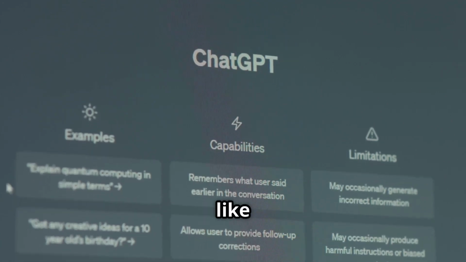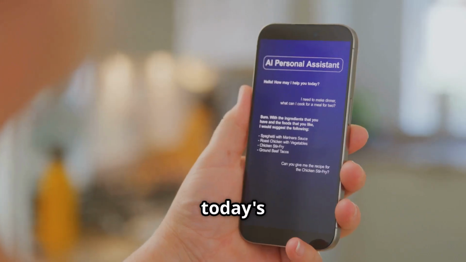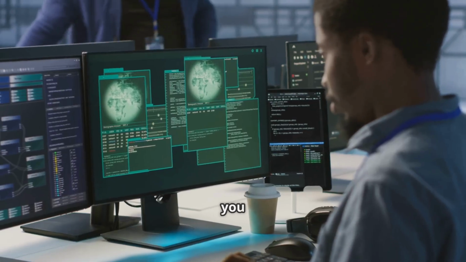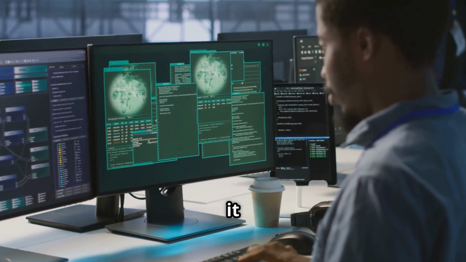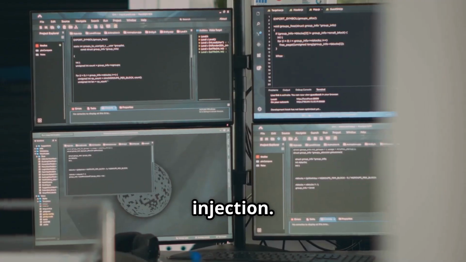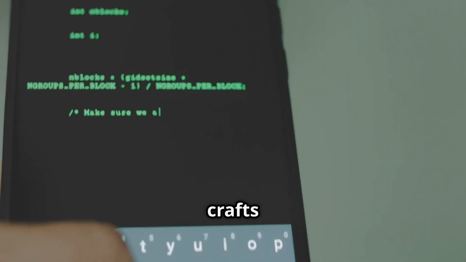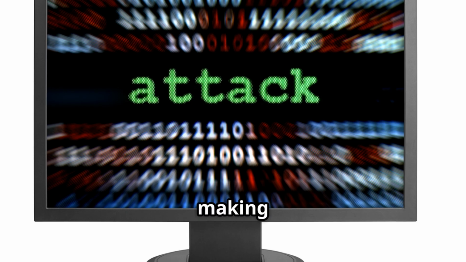Large language models like ChatGPT and Gemini power today's smart assistants. You give them a prompt and they respond. But what if you could trick the AI into doing something it shouldn't? That's prompt injection. It's a security attack where someone crafts a prompt to manipulate the AI, making it ignore its